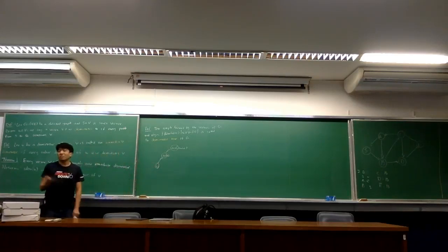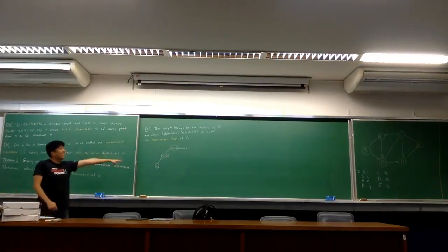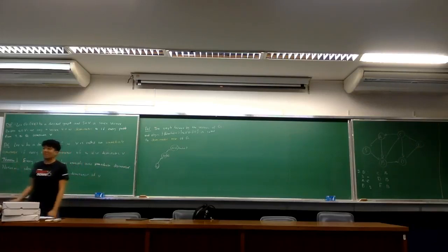Is that clear? Or do you want me to explain? You define that, right? You need to have a source vertex that dominates it. Yeah. What do you mean? There are graphs such that there's no such vertex. Yeah, if that's the case, disregard every vertex that is not reachable from S from now on. Okay.